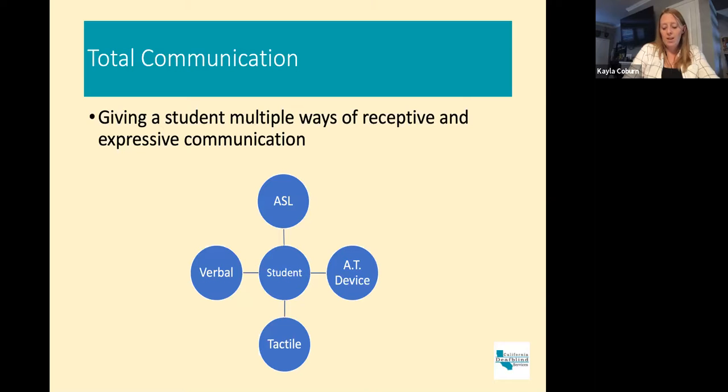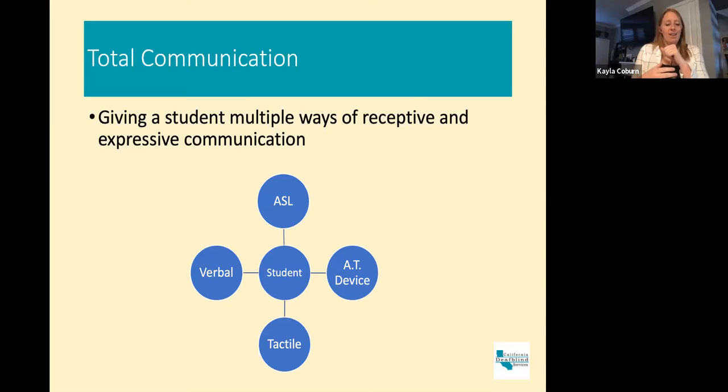We use total communication with him, and for him, so I would verbally talk to him while signing with him, while using his assistive technology device and using any tactile objects when necessary. So total communication is really giving the student multiple ways of communicating, whatever way they're going to receive it, and then whatever way they're going to express it. It's just giving them any opportunity to communicate